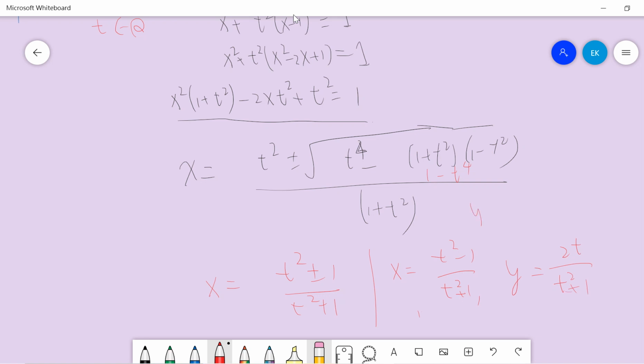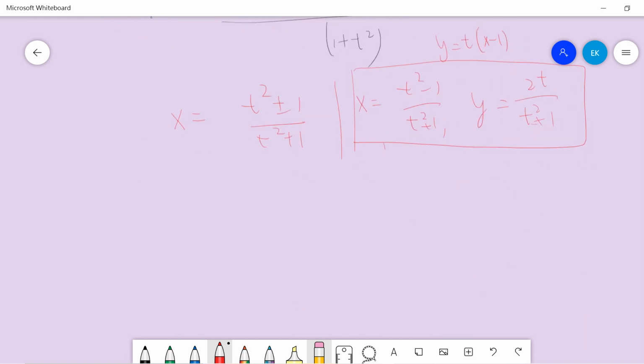So y is equal to t times (x minus 1). So this is correct. One can check that this indeed satisfies this equation. Okay, so we have the answer: all the rational points on the circle